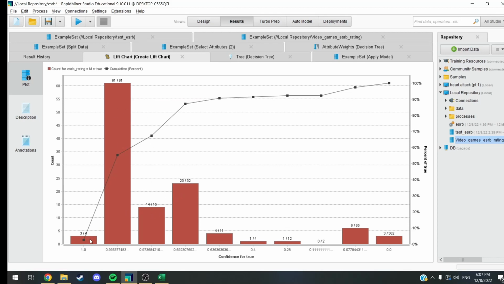So for the first 4, since it had one mess up with that Soul Calibur game, it's not always going to get it right. So it gets the first 3 right. Now that's a very small sample set, so I wouldn't say it's only 70% accurate for the first 4, because look, when it's 99% accurate, it got all of them right.